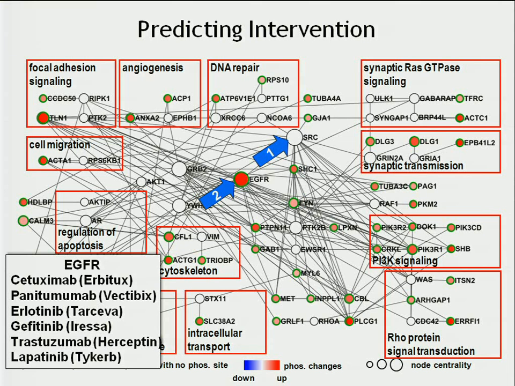So the most central node, the second on the list. I'll just show you that in addition,